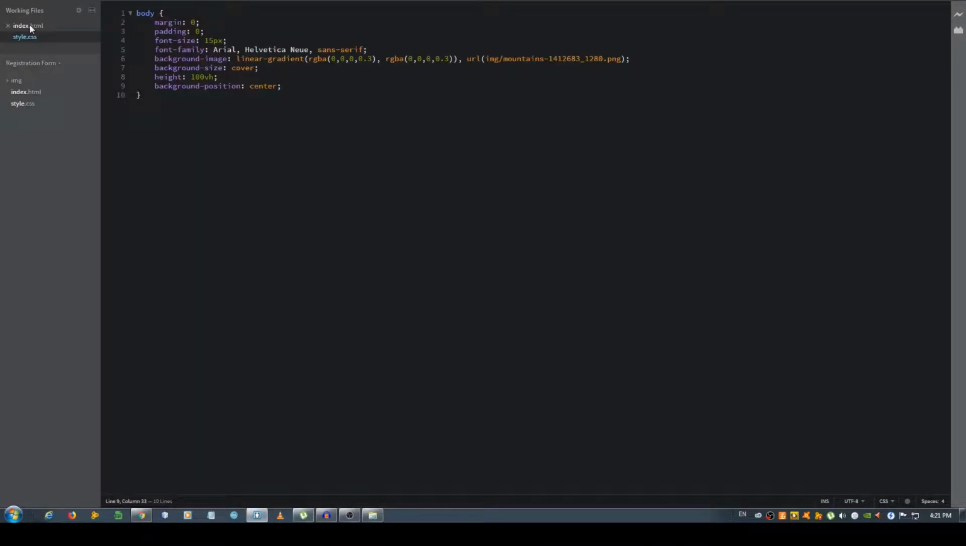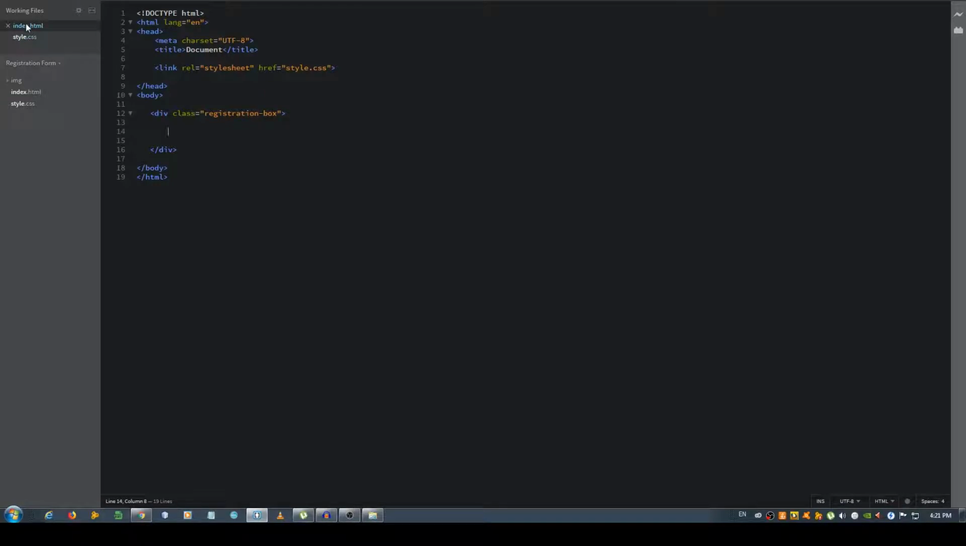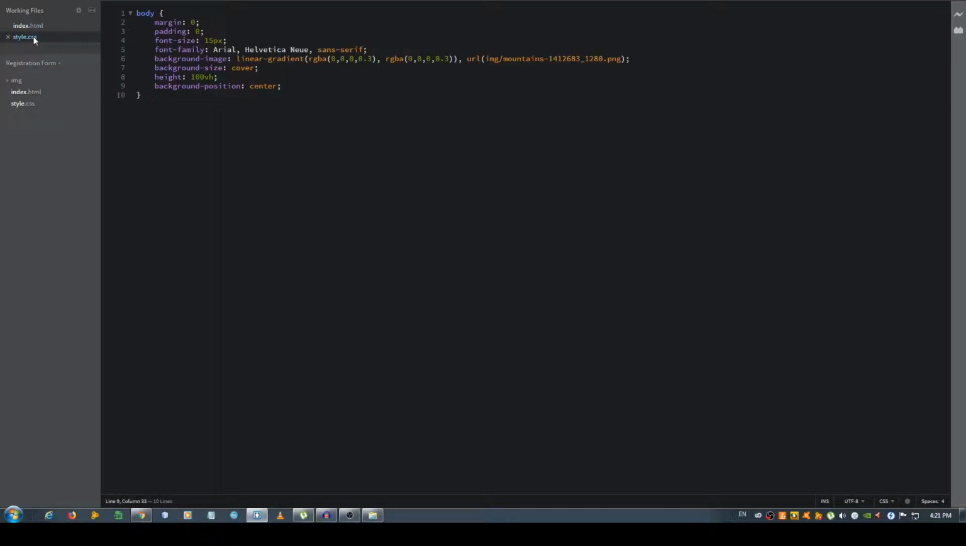Now let's get back to the index.html file, and first of all, let's code the box as well, because we put the image there but we didn't style the box. So let's select the registration box, give it a height of 600 pixels, a width of 800 pixels, background color black,